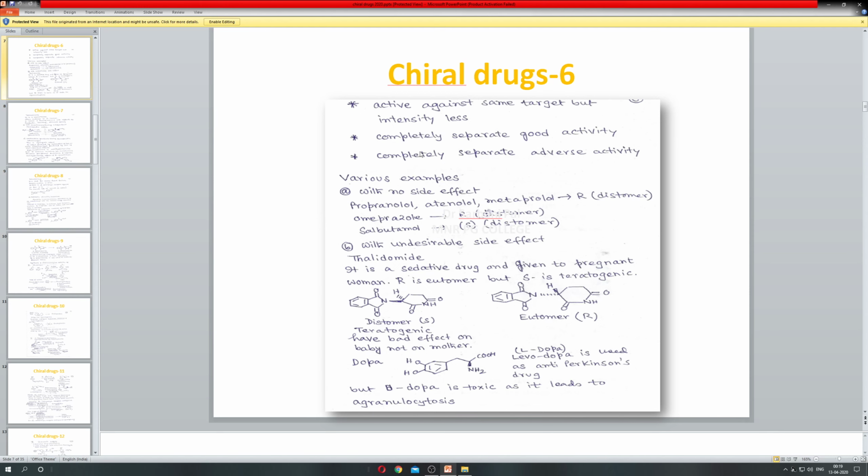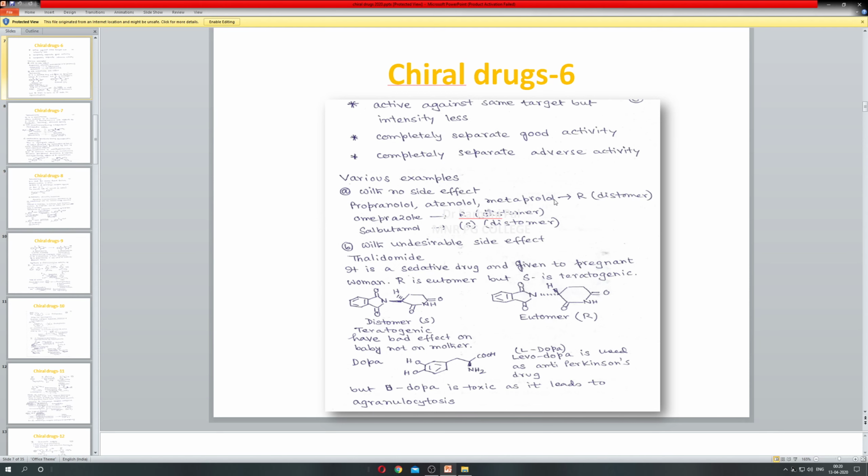So the eutomer will be more active, but there is no guarantee about the property of the distomer inside our body. It can be of different types. So let us take a few examples of how distomers show different properties. Now case example number 1, A category, meaning with no side effect, like propranolol, atenolol, metoprolol, this LOL series, which